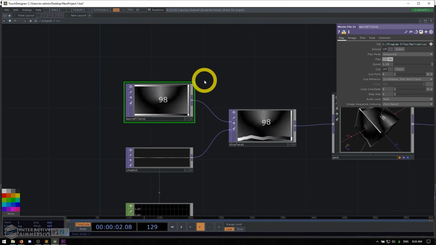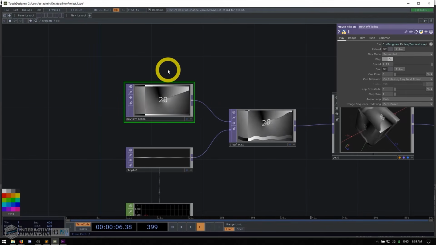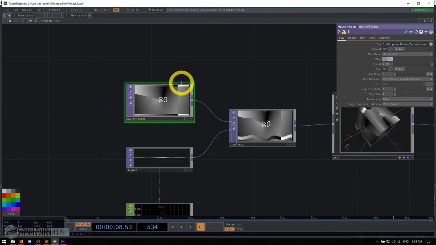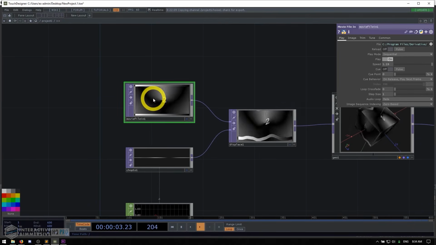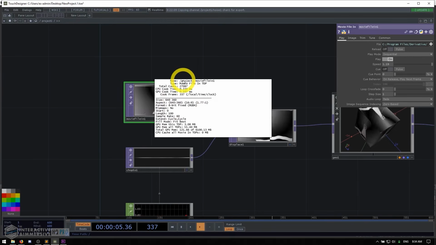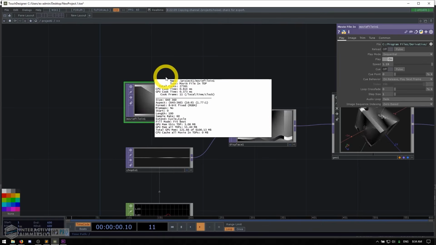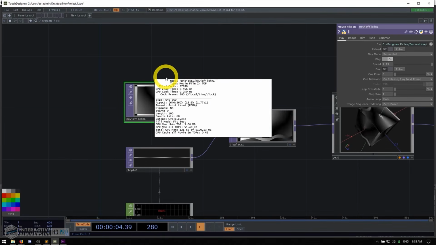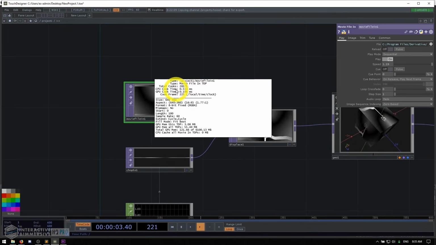So there's two ways we can open up this modal that gives us a lot of information. The first is the method that I use and a lot of people use. And again, it goes back to having a good mouse. If you hover your mouse over the operator and you middle click, you'll get this white little pop-up, and it has a lot of very useful information. It's so useful I had to put this inside of your crash course because first of all, you get things like the performance of it. So you can see the CPU cook time and the GPU cook time. So that's how much time it takes every frame for it to cook.